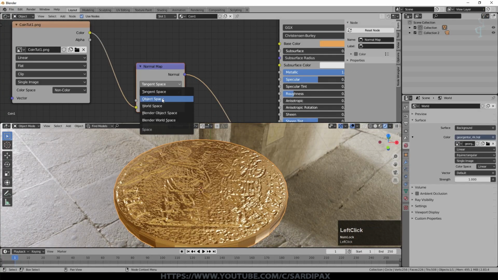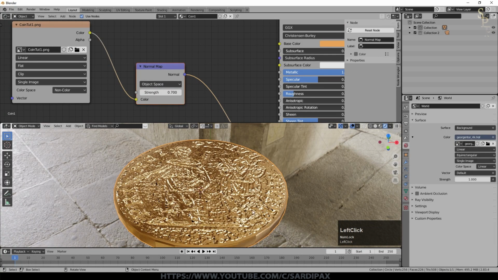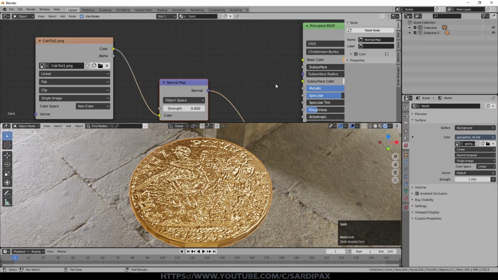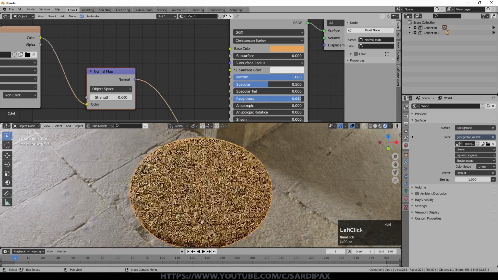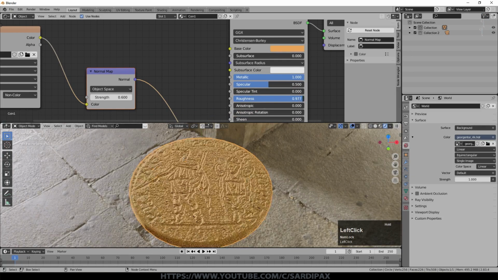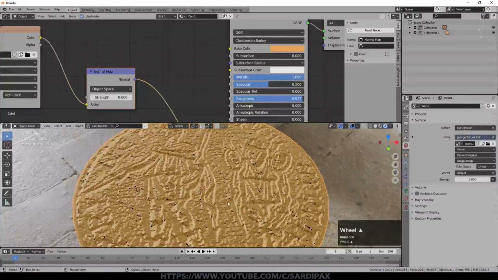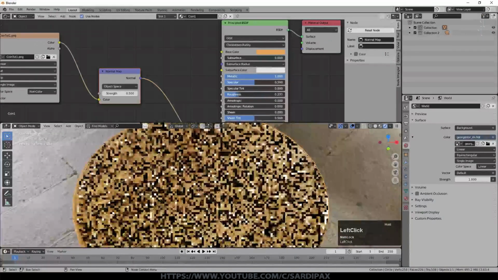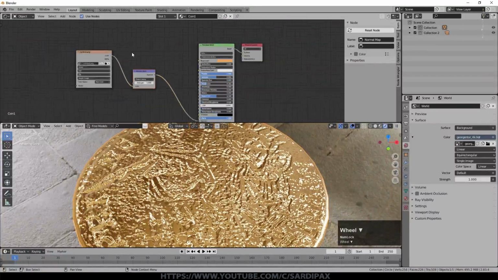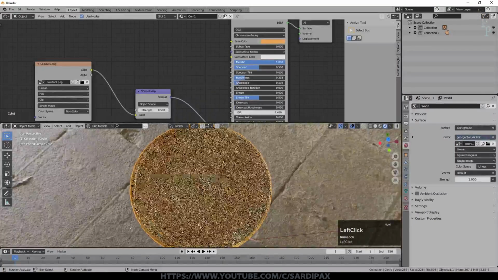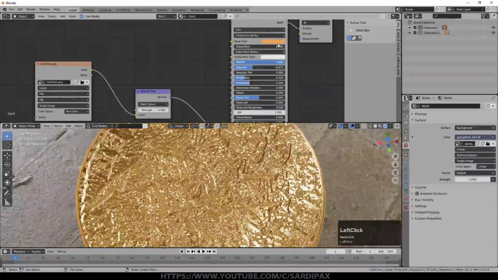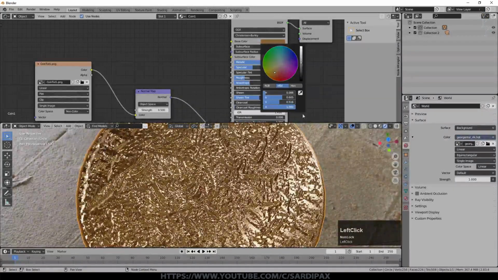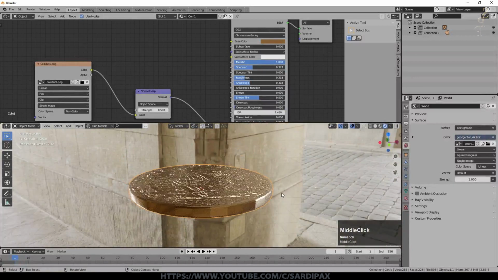I used object space because that seemed to give me slightly more detail, and then you can decide how rough your coin is, so that obviously takes out a lot of the reflections. If you get these little black holes, it may be that the strength is a bit too high. And I'll take that roughness back again so we've got our reflections. You can use some anisotropic if you want it to look as though it's been polished in a particular way, and you might want to darken it quite a bit as well. So then we just need to deal with the edge of the coin.